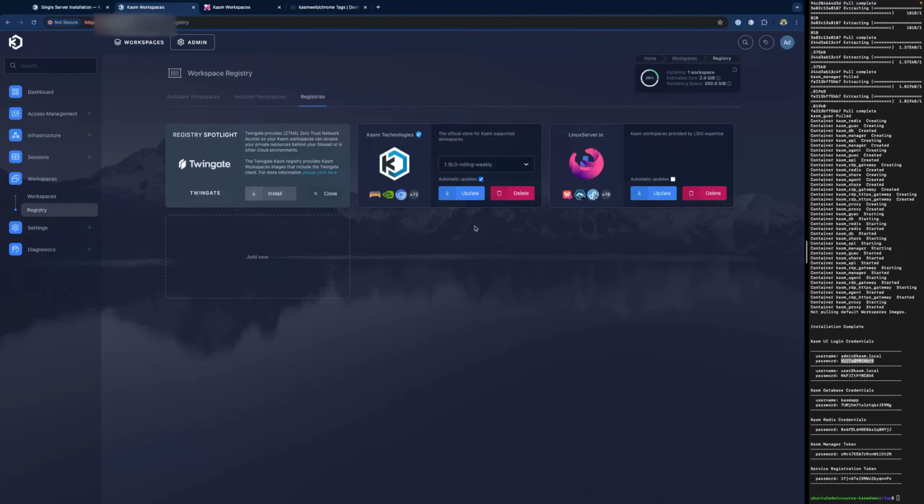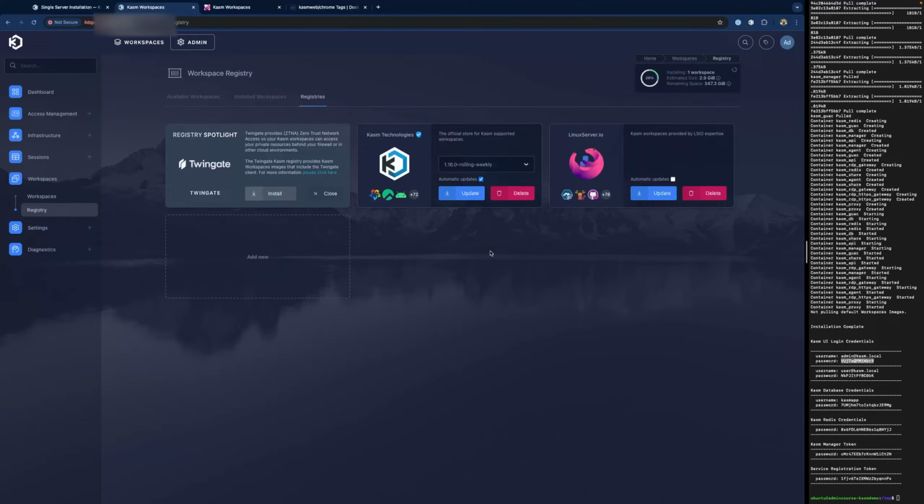So a little bit more information around our registry tiles here. Automatic updates are on by default. You'll see here that the checkbox is marked with our official Kasm registry, and it's off for all the third-party registries. When it is on, our registry will be updated when you hit the registry list page.